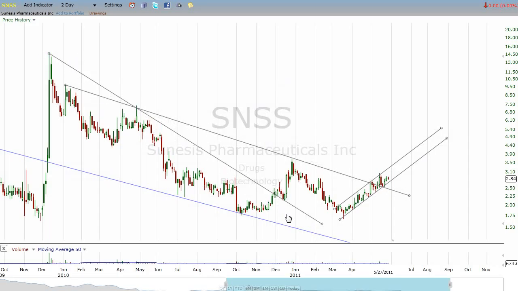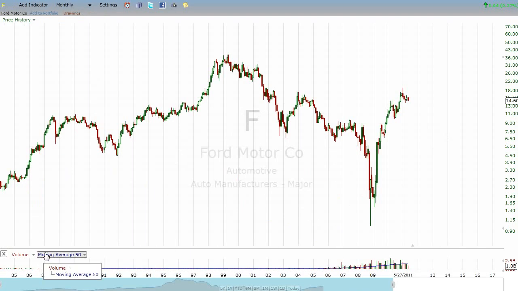Now I want to look at a chart, and I think this is going to be the last thing we do. This is Ford Motor Company. Again, looking at it on an arithmetic chart, you can see how it's really exaggerated, but when we look at it on a logarithmic chart, it just looks much more manageable, much easier to see what's going on. I want to show you something, though, that really is just doggone freaky about Ford.